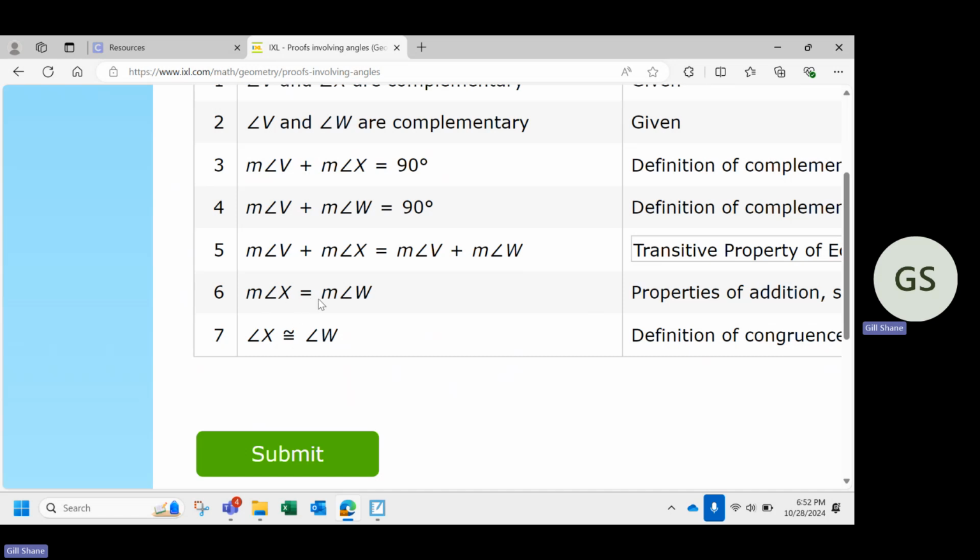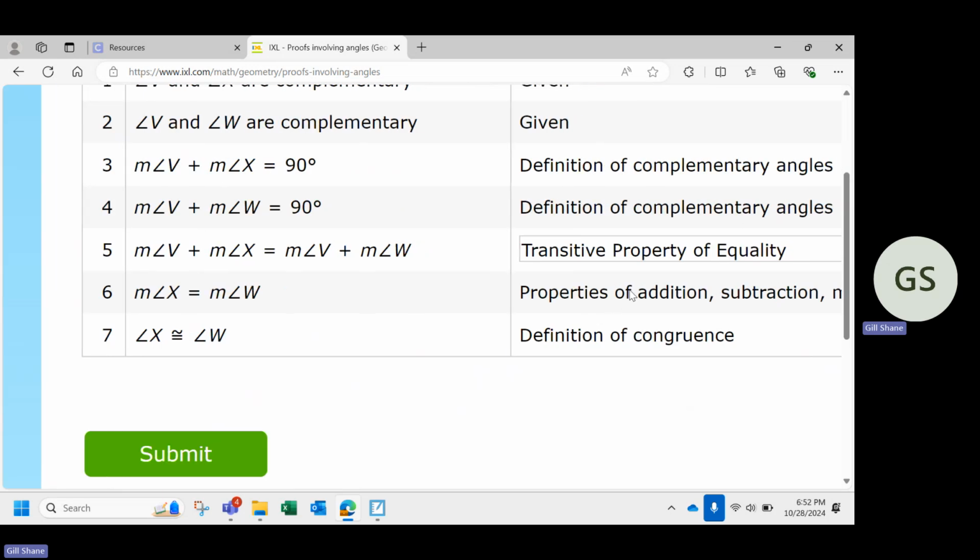They took away the M, the measure of part, but it's still angle X, angle X, angle W, angle W. The main thing that changed was just the equal sign went to a congruent sign. That's the definition of congruence, which you see right here. They already did it for you. That definition of congruence also applies if we go from a congruent symbol to an equal symbol,